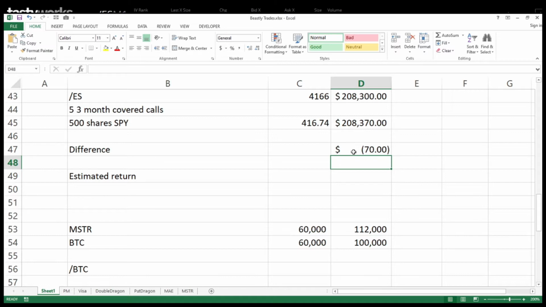That's one way to look at it. And then the return, to me, is not worth it, because you have to tie up, for example if you're shorting, about 500 shares worth of SPY